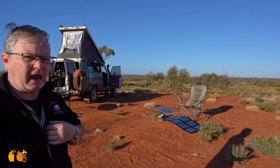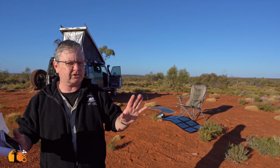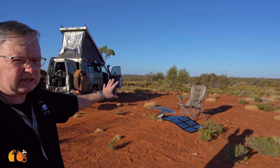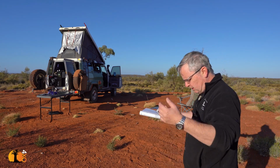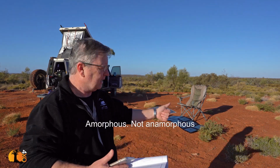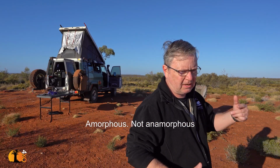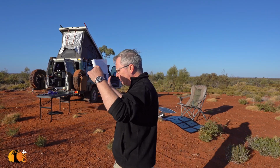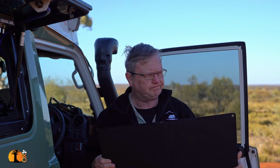For my purposes, ample. Of those two panels there, the one that'll work the best when the sun is at its highest and brightest, no question, the solar blanket will work better because it has a higher output rating. So in low light, amorphous and rigid panels are better. In maximum light, solar blankets are better because you can move them around. So when you're considering buying panels,